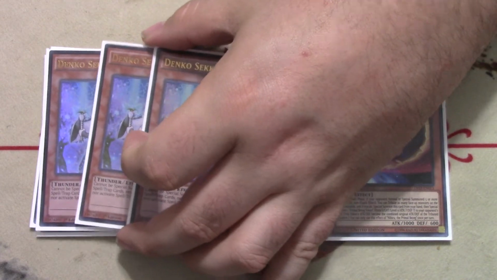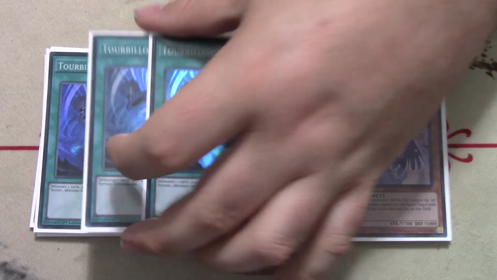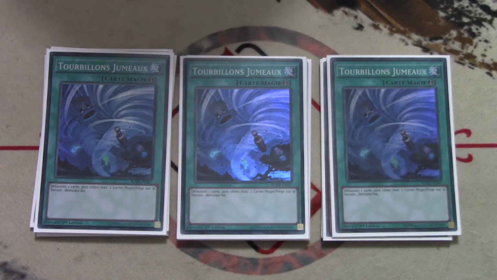This is just literally for back row decks. You just side Solar out, put this in, the game's over. 3 copies of Twin Twister. This deck also has the same problem as combo does, and it has a really hard time playing through Mystic Mine. And notice, Denko deals with a lot of cards that your deck would have a struggle with,